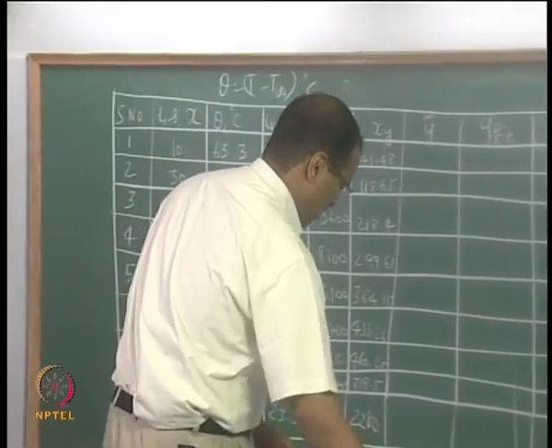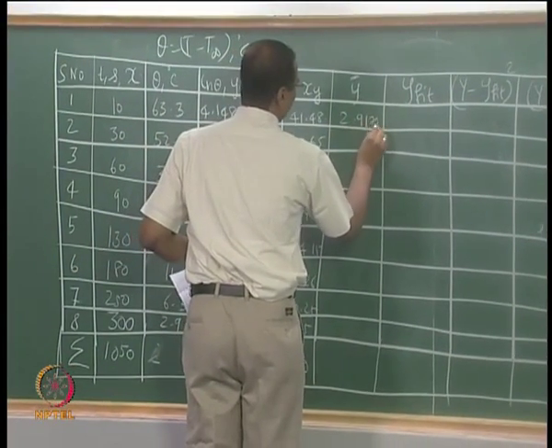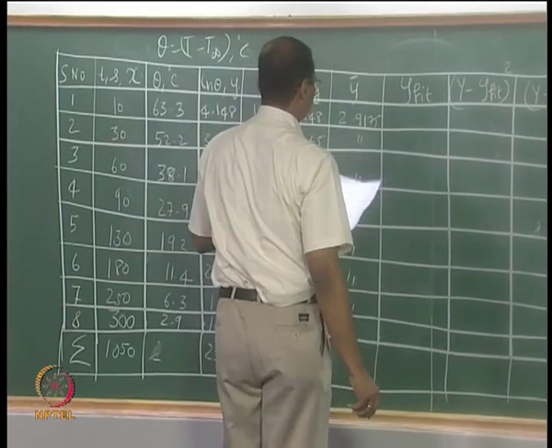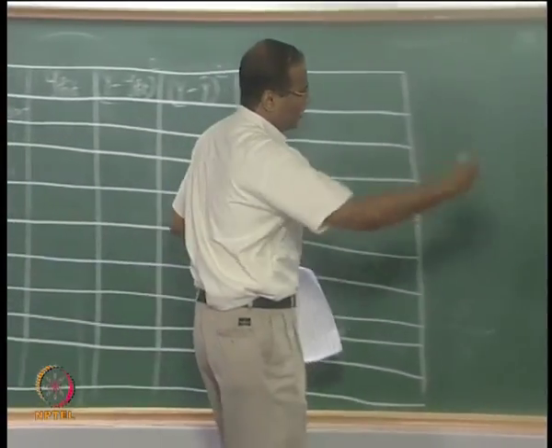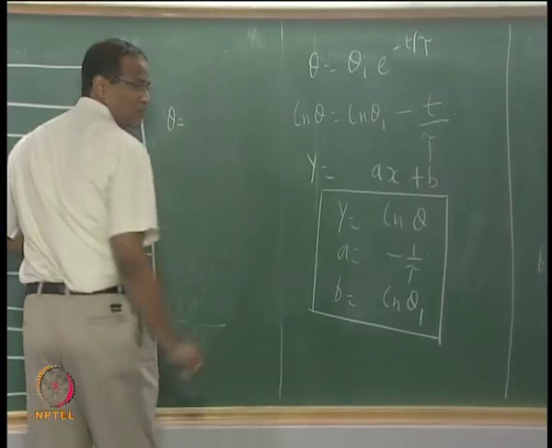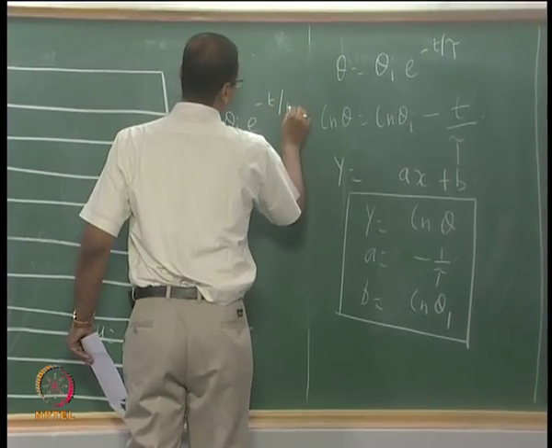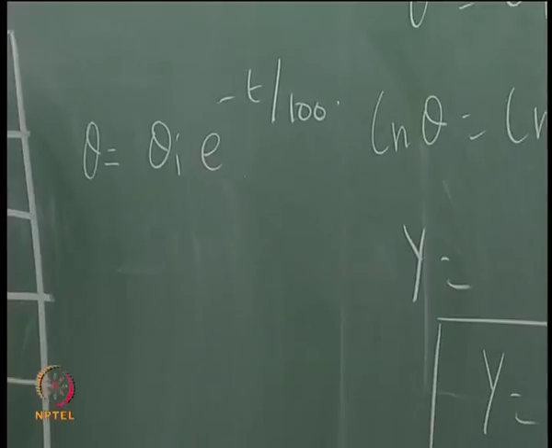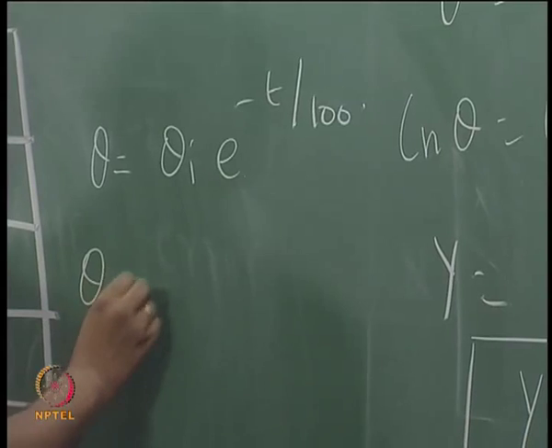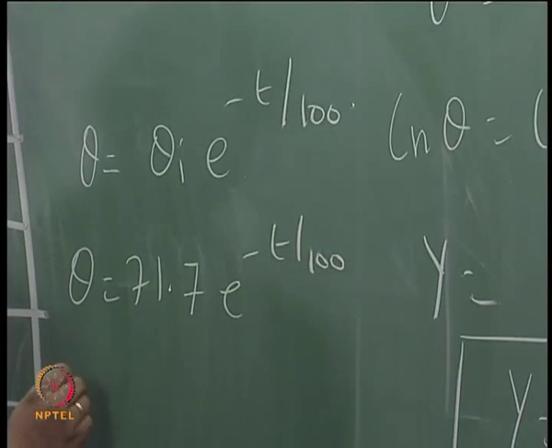Now you can get the y bar. What is y bar? 2.9175. Y fit. So you can invert it. So finally theta equal to, what is theta i? E power 4.173, 70 point. Therefore